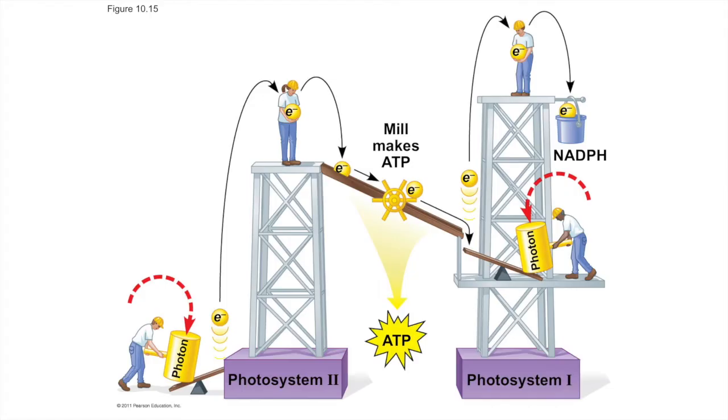This cartoon represents the series of events in linear electron flow. A photon of 680 nanometers energizes an electron, which jumps excitedly up in potential energy in photosystem 2. That electron is put to work through an electron transport chain, this mill making ATP here, where it pumps protons, and that's how it makes ATP. But that electron still has potential energy to be exploited. So another photon of 700 nanometers re-excites the electron, which gets added to ferredoxin and transferred to NADPH, ready to head off to the Calvin cycle. This is linear electron flow, but